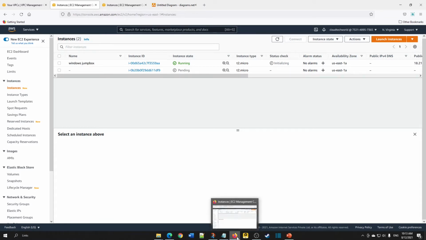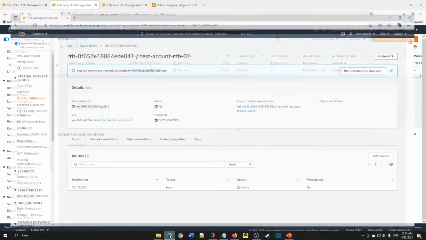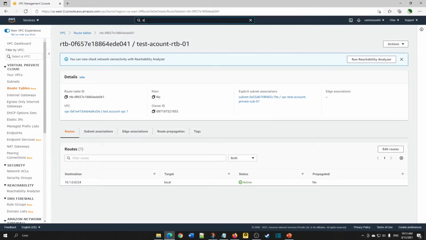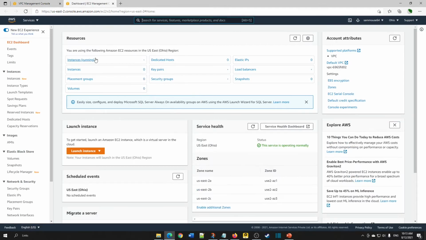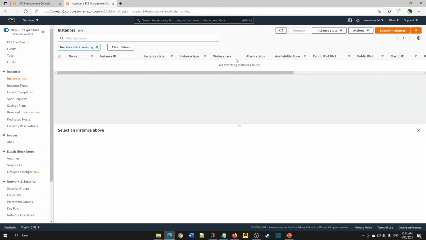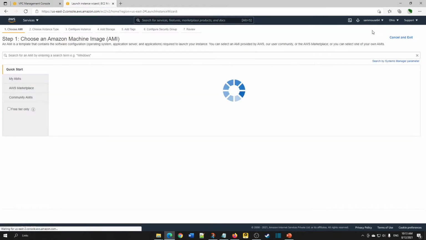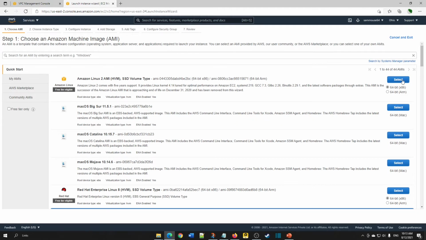Meanwhile, we'll go to the test account. So this is the test account. Go to the EC2 console. Here we are going to create a Linux instance. Choose Amazon Linux 2 AMI.